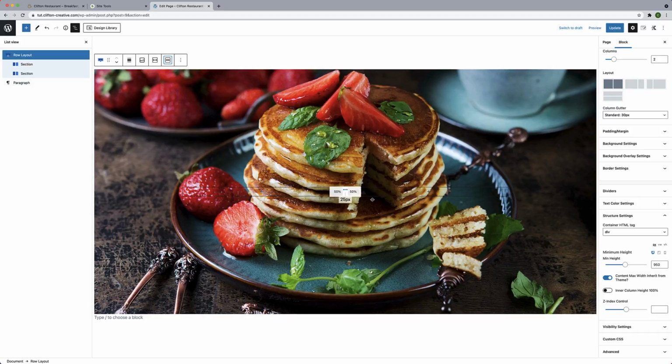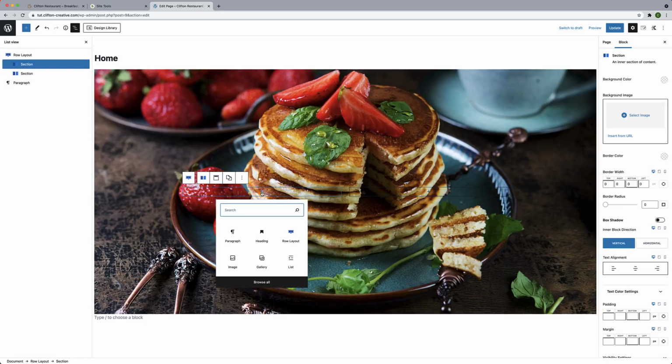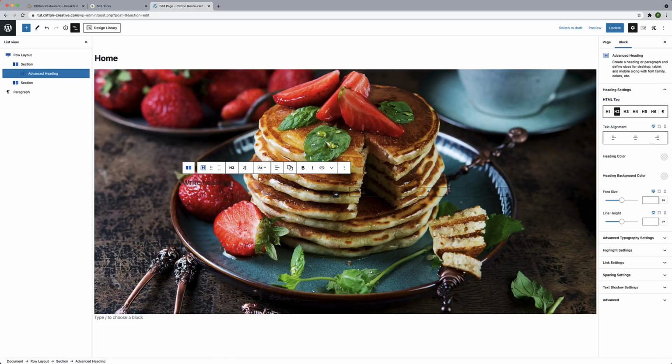Okay, now we can add some elements to our section. We have a two column section here. I'm going to go ahead and add some elements. I'll click inside the first section, and I want to use the advanced heading block. With this advanced heading block, this is where we're going to put our unique selling proposition or aspirational statement, and I believe it was enjoy